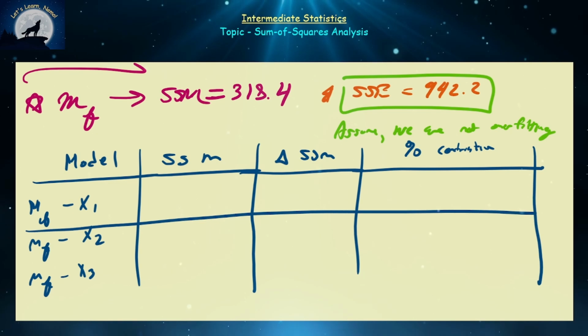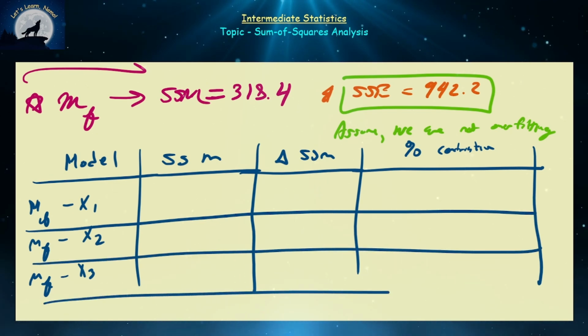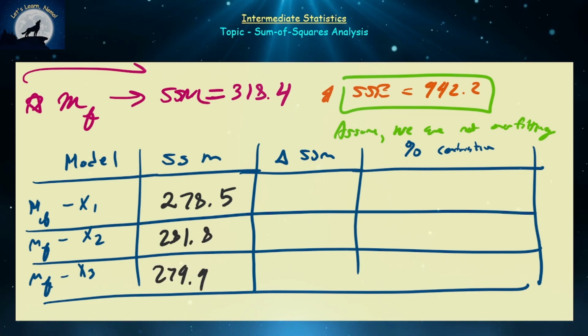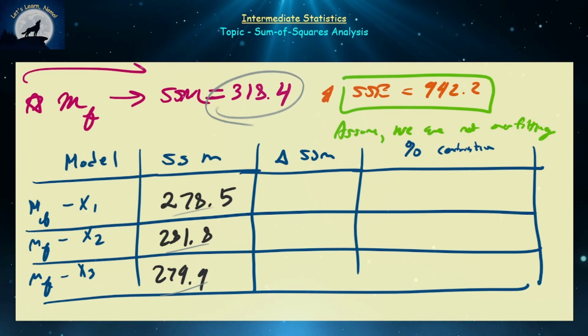Right? So let's see for this data set what it actually comes out to and see if we get any spooky math. So for SSM, when you remove just x1, you're going to have 278.5. Obviously, it has decreased. And then 281.8, 279.9 for your individual SSMs. And then obviously you're going to be comparing each of these values to our original SSM to calculate your deltas. So this is going to be equal to 39.9, 36.6, and